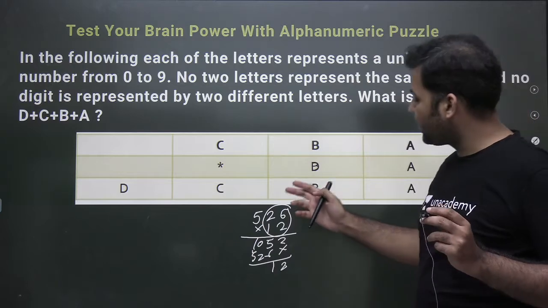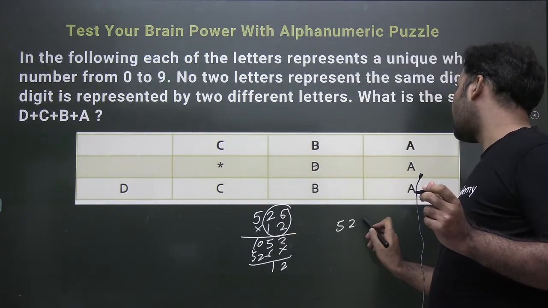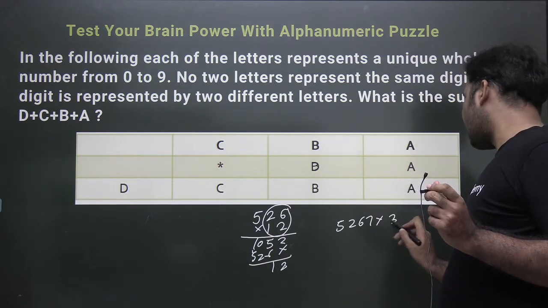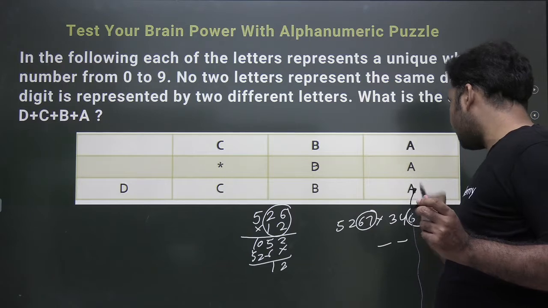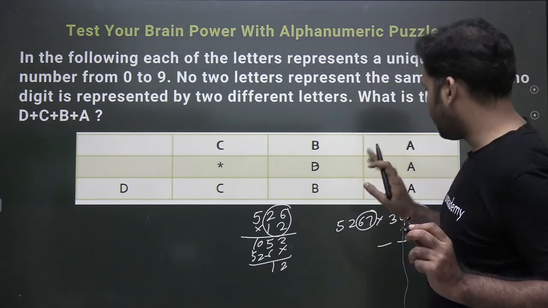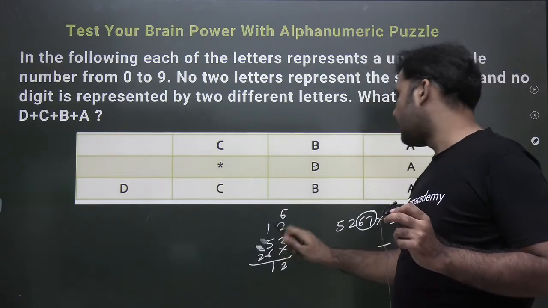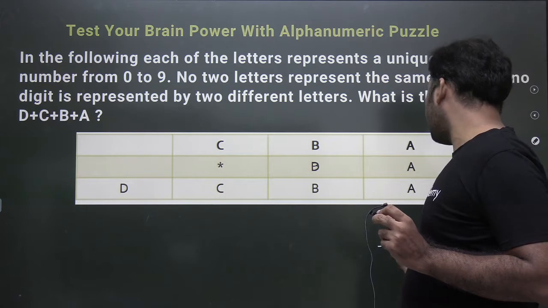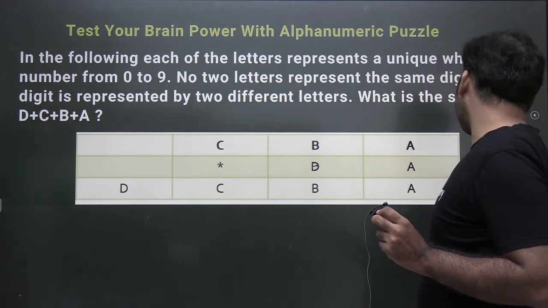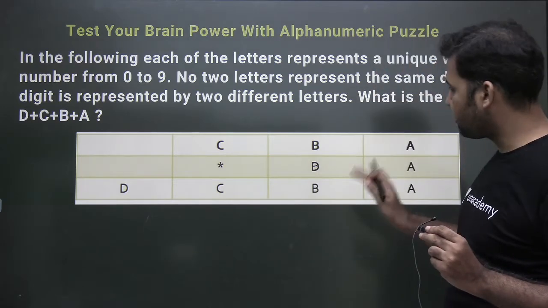So when you're multiplying a 3-digit number with a 2-digit number, or even if you are multiplying a 4-digit number with another 4-digit number, the last two digit of this number will be dependent on this multiplication, right? So there's one thing that you need to understand. Okay. So now observe it. When you are multiplying CBA with a BA, the last two digit number is again a BA. That's a hint, the major hint in this puzzle.